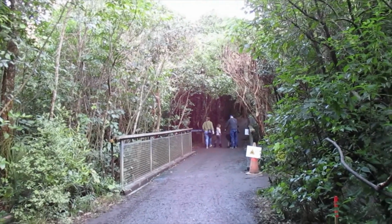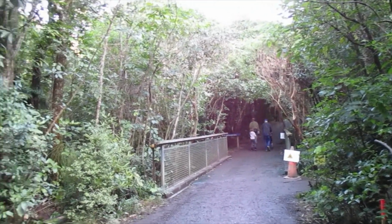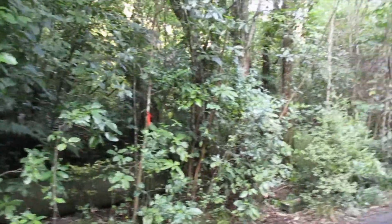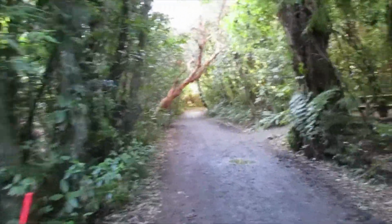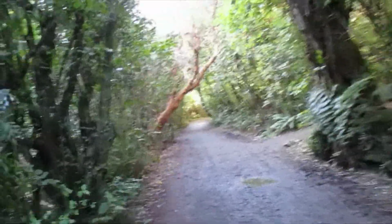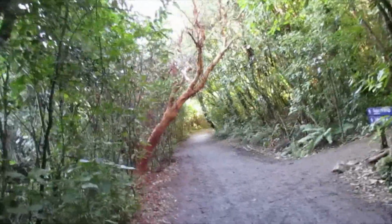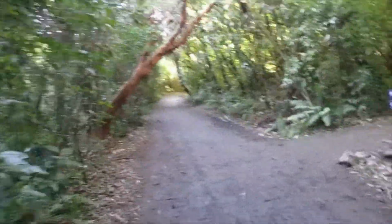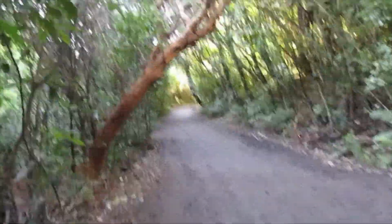So usually I go up that track a bit further, but I'm going to go back the other way as there are too many people around at the moment. And it looks like this way is people free, for a bit anyway. So hopefully we can hear some more bird song. And on the way to see the kaka feeders,